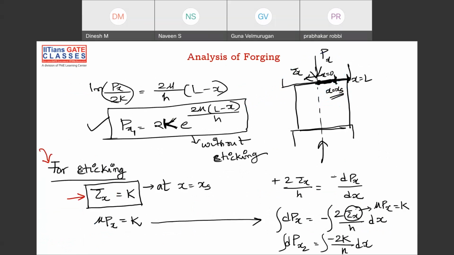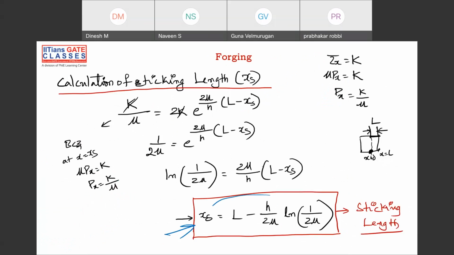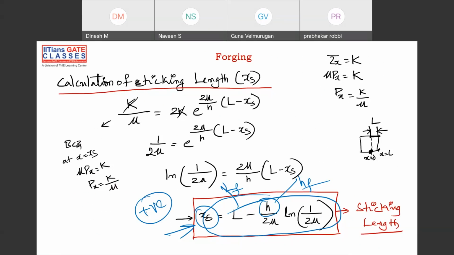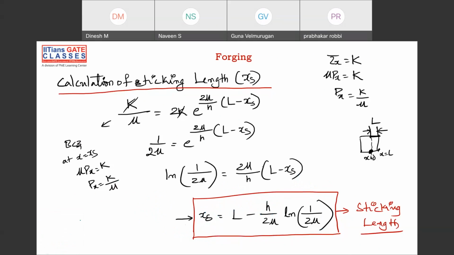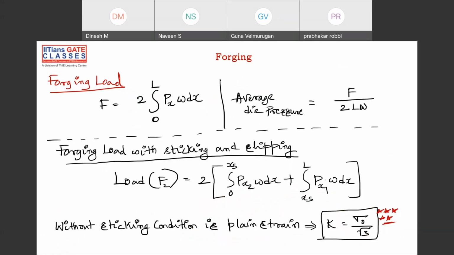So sir, how do I know whether it's sticking or not? You find this equation, and you substitute the values in this. This is the final height of your billet. This is the final length of your billet, and you substitute. If your excess is positive, then sticking is there. If excess is negative, then sticking is not there. That's it. If there's no sticking, then it's called full slipping. Okay. So this is the force for